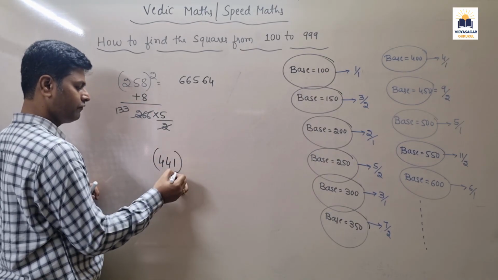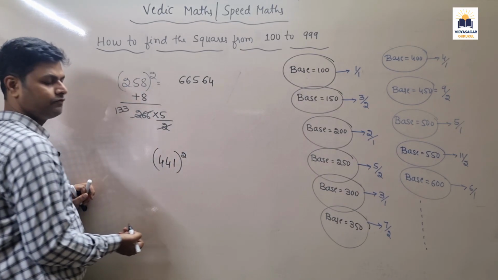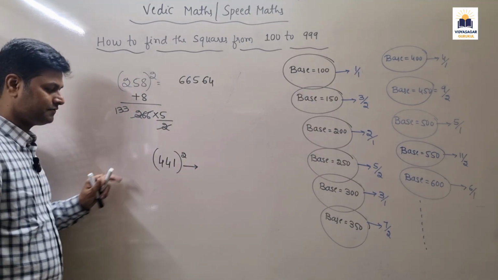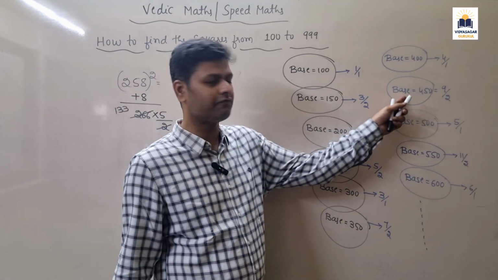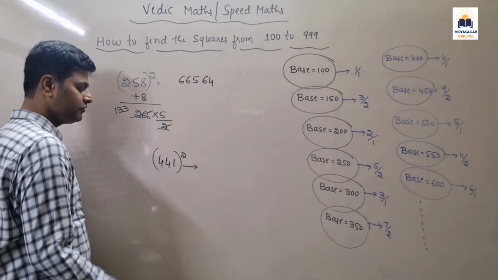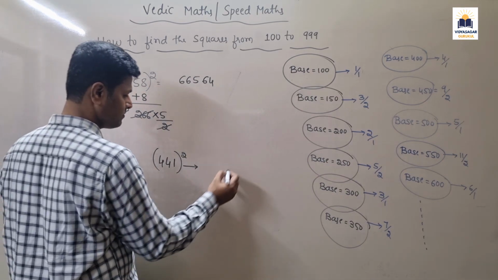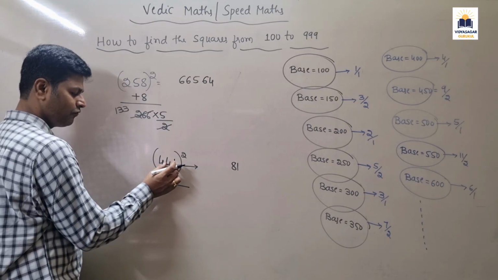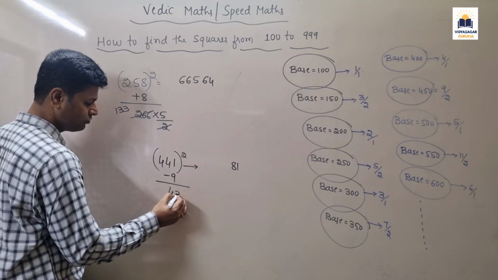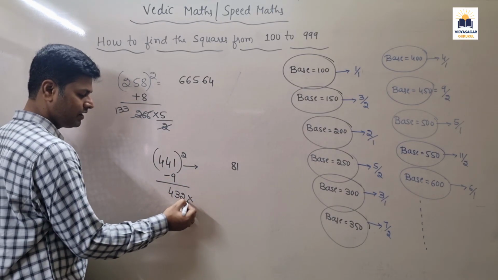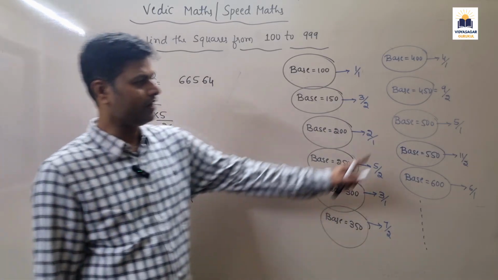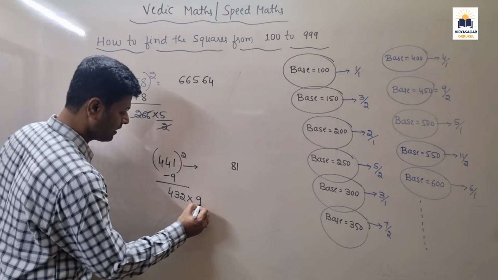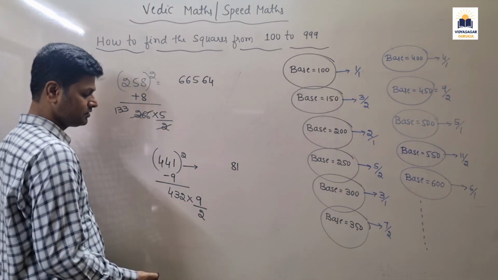441 square. So for 441, the nearest base is 450, and compared to 450, 441 is 9 less. So 9 square is 81. How much less? That much you can subtract. So 441 minus 9 will be 432. And we have considered the base as 450, and for 450 you can write it directly 9 by 2. And how this 9 by 2 comes means,